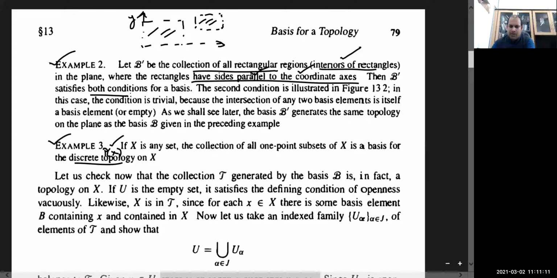The power set, I mean the collection of all possible subsets, is your discrete topology. So what is written here: if X is finite, then one can always write its power set. But if X is infinite, it may be countable, it may be uncountable. It is not possible to write all the members of the power set of X. Since one cannot list all the members of the power set of X in every case, it will be easier to write its basis, because later on we will see that by taking arbitrary unions of the basis members, one can generate the topology, I mean every open set.